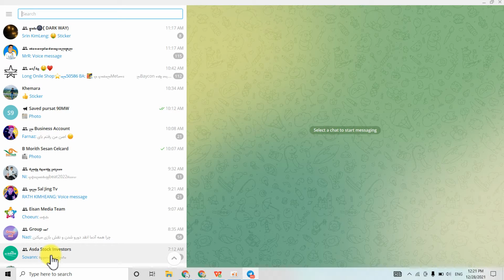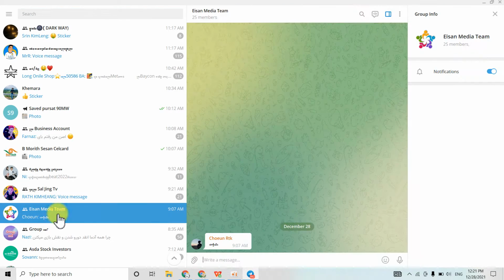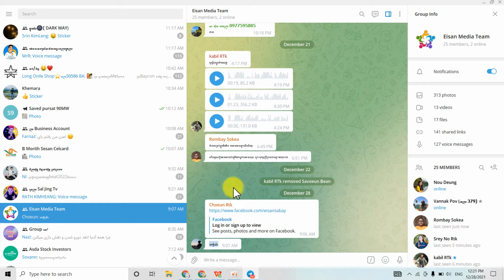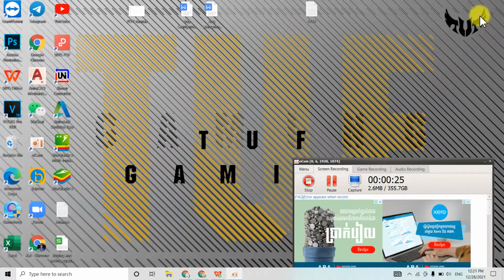Today I show you how to change the font in Telegram. The font is very small, especially the Cambodian font, or what we call the Khmer font. Let's see here. See, very small. Yeah, very small here. How to change that? So first you go to here and